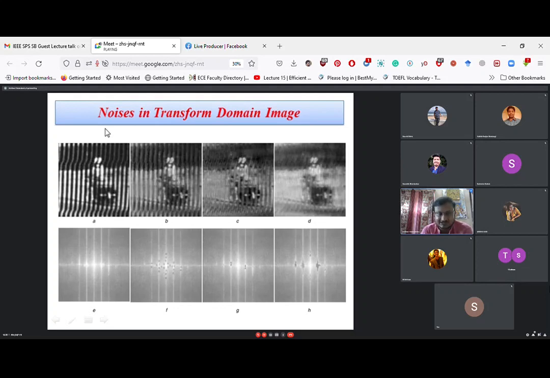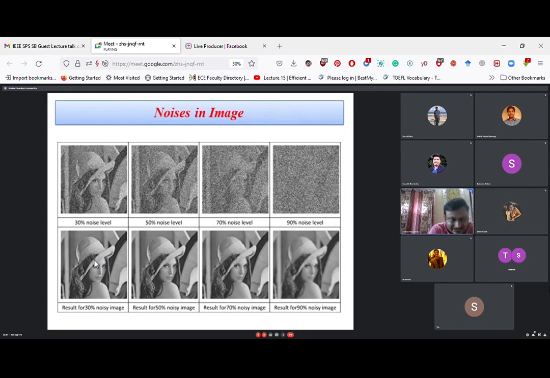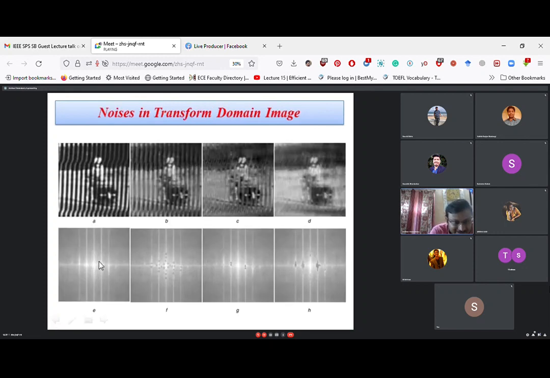So if we Fourier transform, that is 2D Fourier transform, this image, we will get this kind of spectrum. In this spectrum, you can see here the frequency varies and here the amplitude of that frequency. So you can see this is the low frequency region and this outer layer is the high frequency region. Low frequency region carries a great number of pixel values. You can see a great amount of energy is concentrated within this low frequency position. So what is basically low frequency position? Low frequency position bears the gross information about the image.